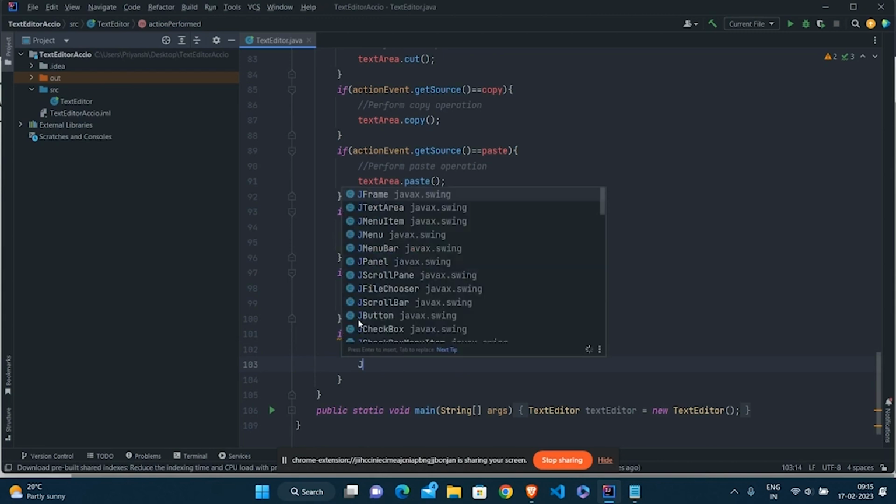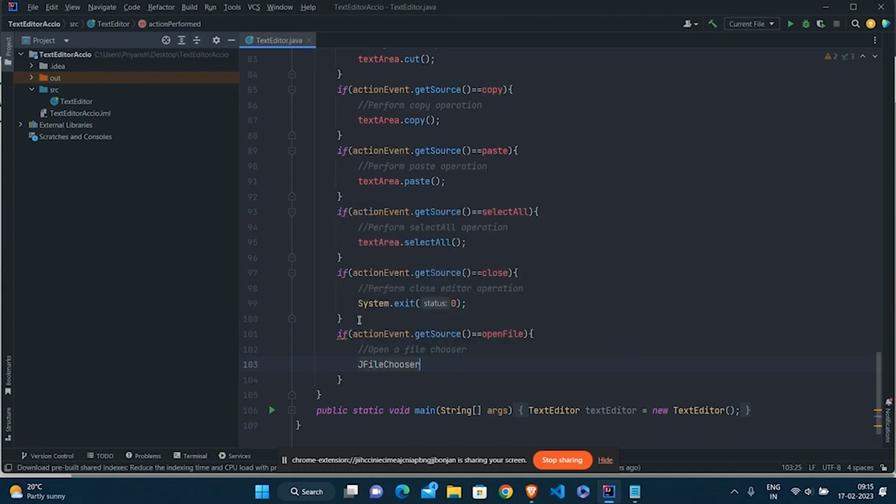So JFileChooser fileChooser equals new JFileChooser, and here I need to tell the file chooser what the current directory path will be. When I open the file chooser, it will open at this particular path that I provide here. Let's provide the C drive here, so it will always open in the C drive.